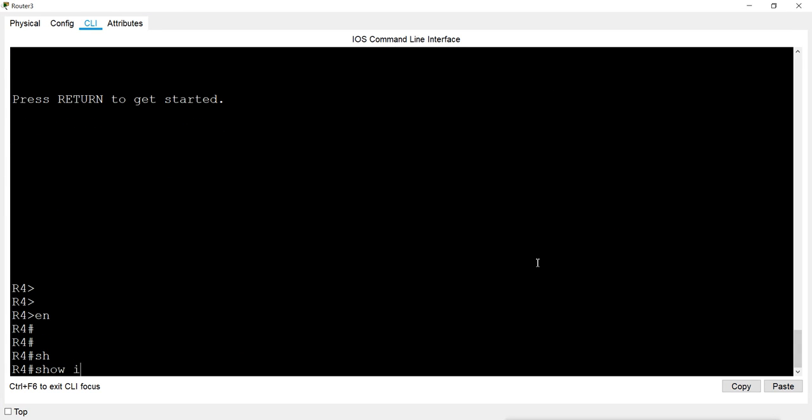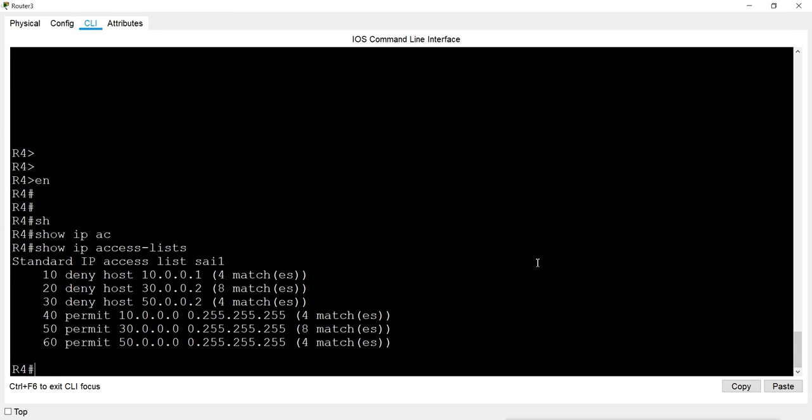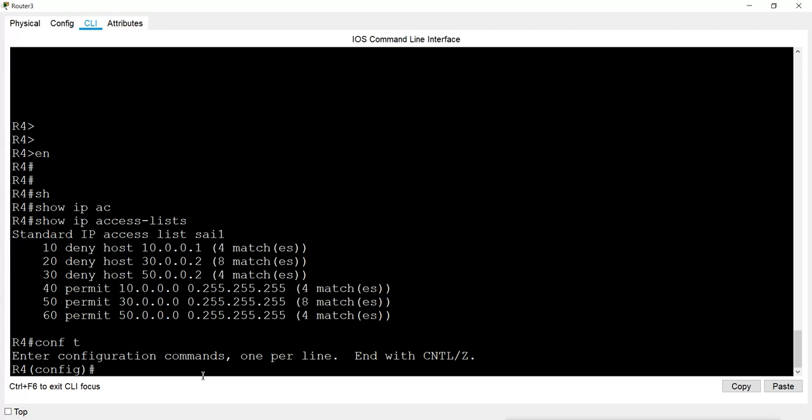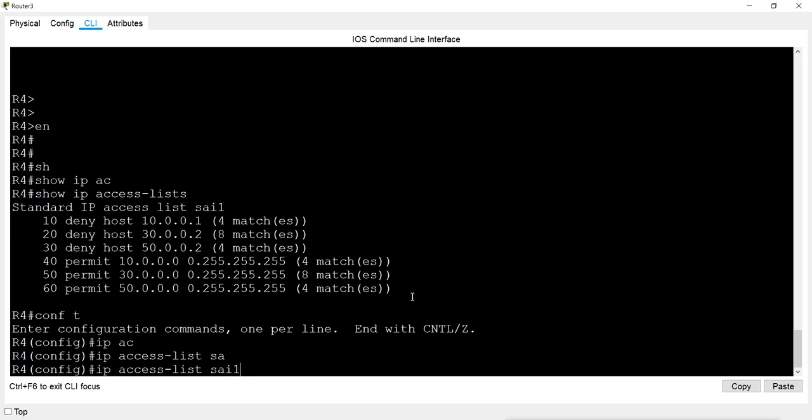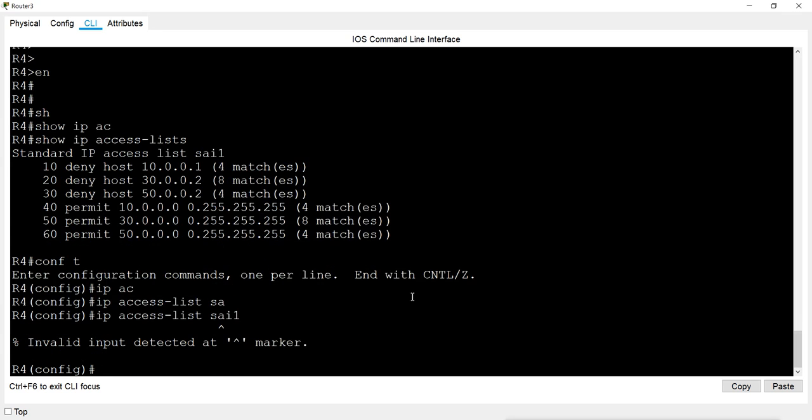and this is our list, and it is already working, it is already applied. Now I want to change the list sequence. I want to remove this entry which is saying deny 30.2, and I have to add the new entry to deny 30.1. Now see what happens here. I will go to config mode and I will go again to ip access-list, and then I will mention the name of the access list. Now when I press enter,